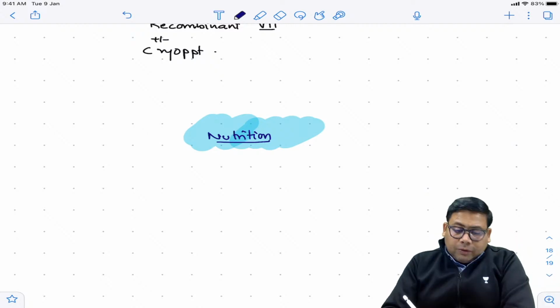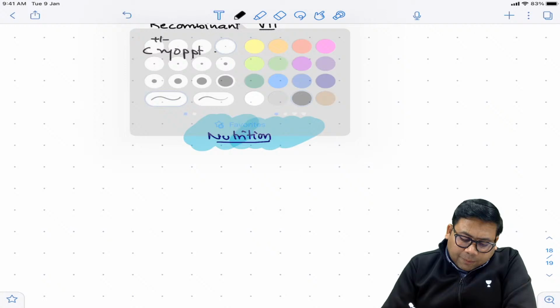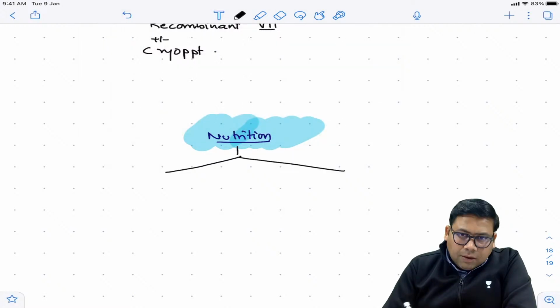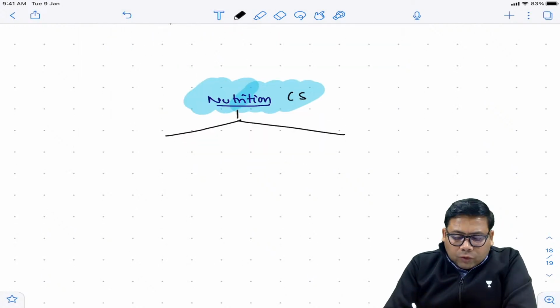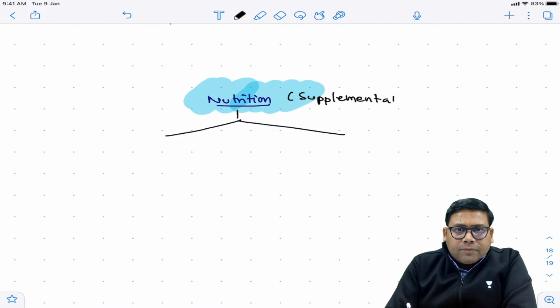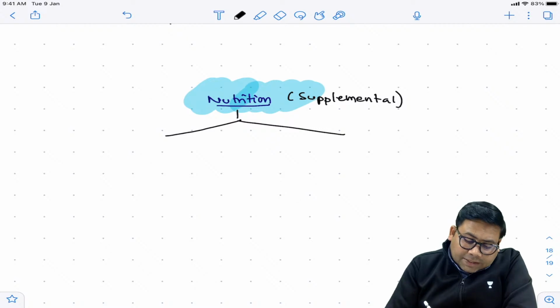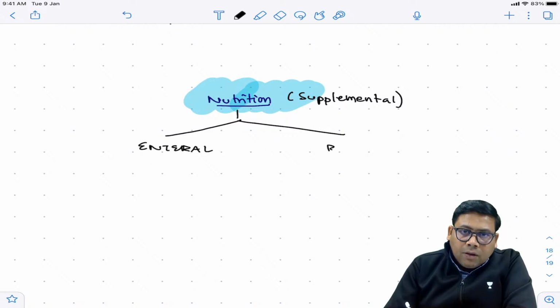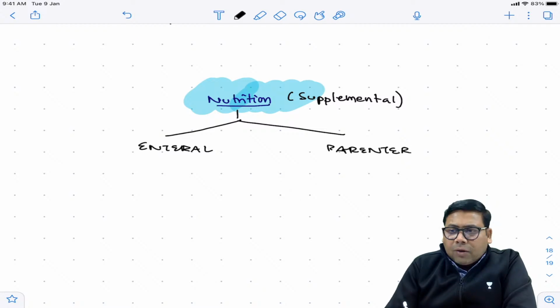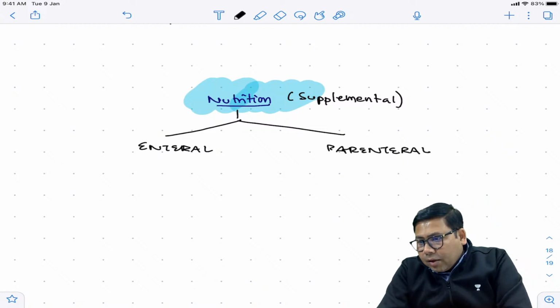So when we talk about the types of supplemental nutrition, there are 2 types of supplemental nutrition. So one is the enteral and one is the parenteral. Now when we talk about enteral versus parenteral,